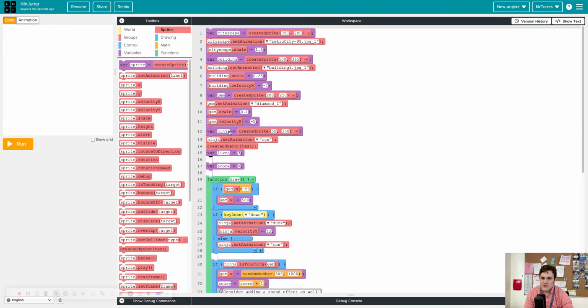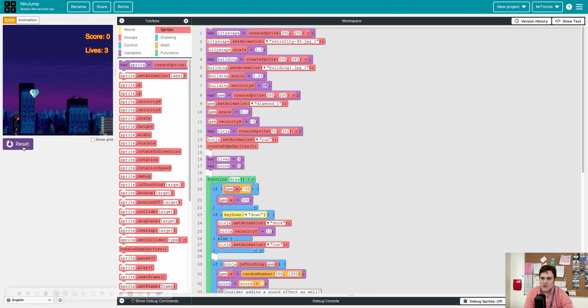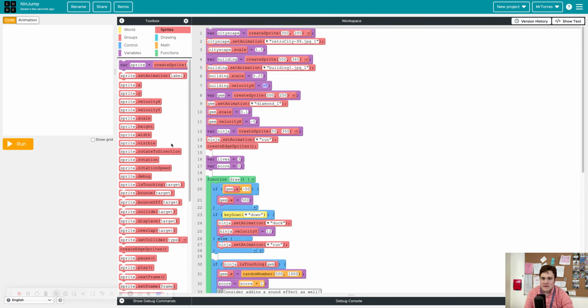So how we're going to do this is we're going to control the speed of our obstacles with a variable. So for me, my obstacle is building. The obstacle is whatever's moving across the screen. And right now it has a velocity of -7, so that's what's making my building move to the left. But instead of just a solid number that stays the same, we are going to